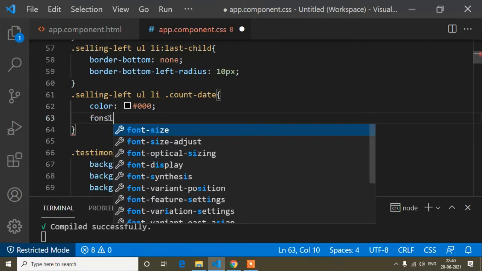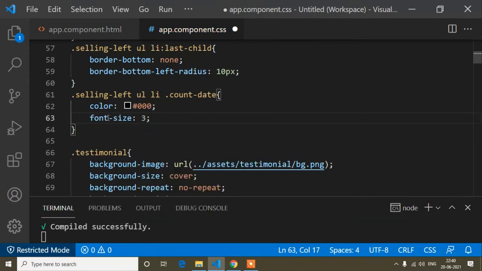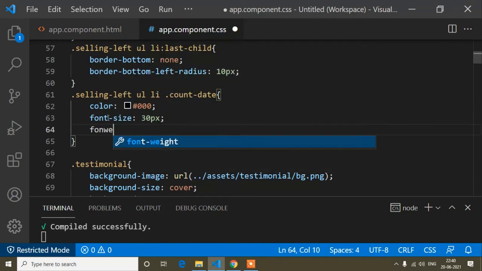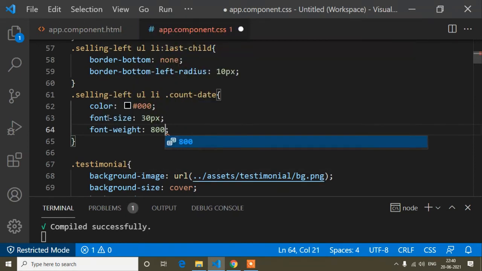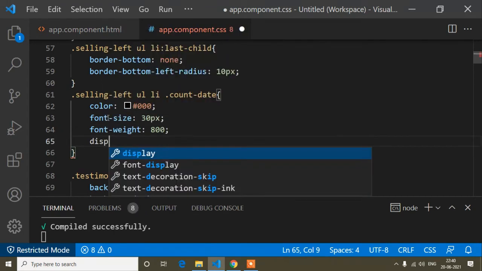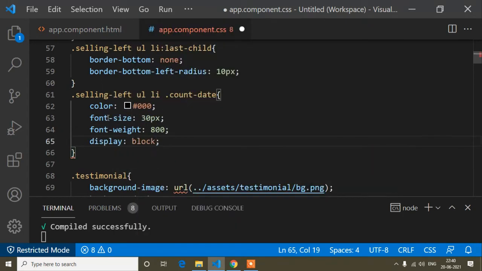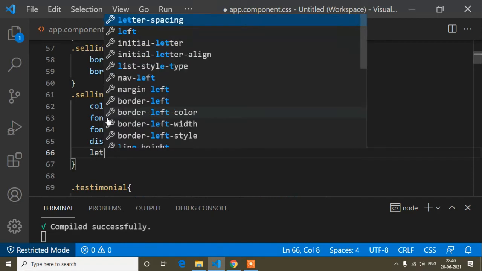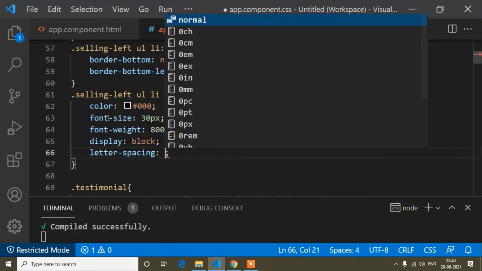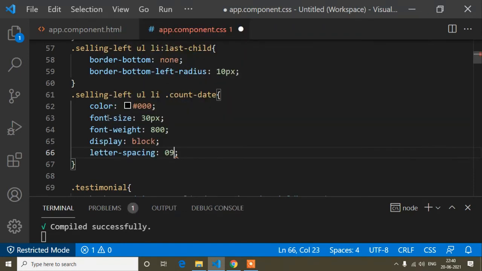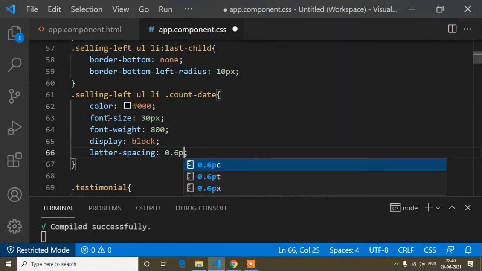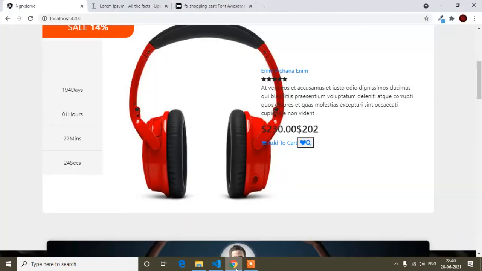So font size is 30 pixel and font weight is 800. Display block and letter spacing is 0.6 pixel. Save, and it will refresh.